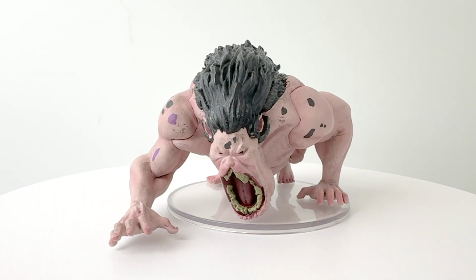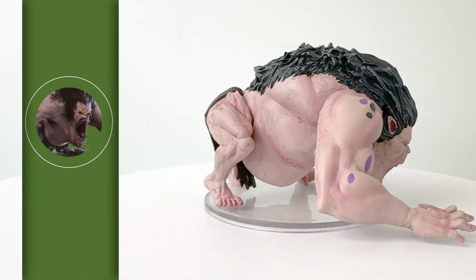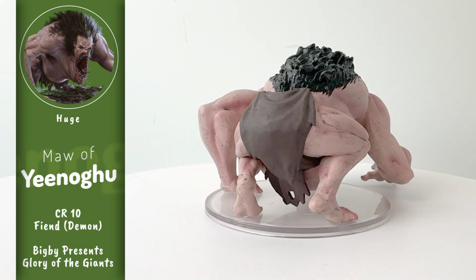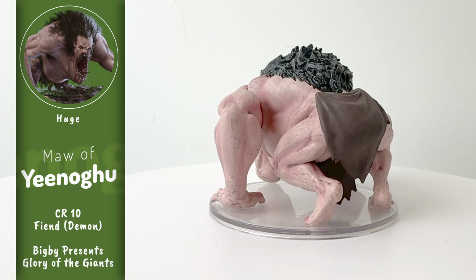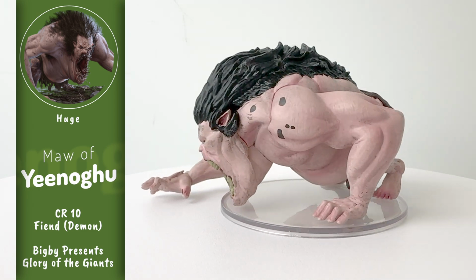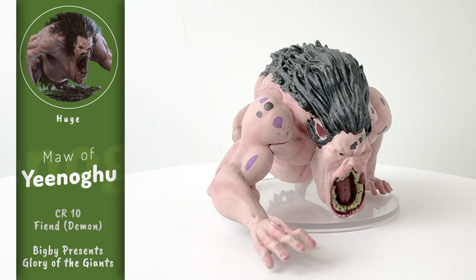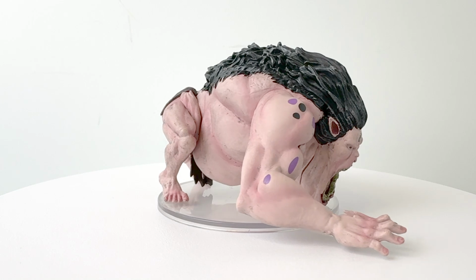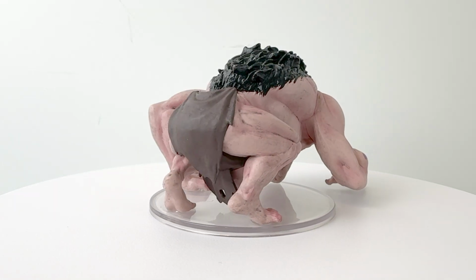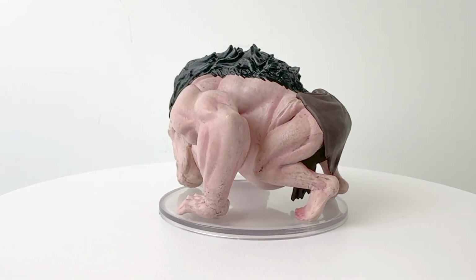Let's start with some honorable mentions in no particular order, starting with this big boy, the Maw of Yeenoghu. This is just the scariest mini I've seen all year. A hill giant transformed by Yeenoghu with rows and rows of ever-growing teeth, driven by an insatiable hunger. It charges at its prey on all fours, with its gaping mouth scraping across the ground and hoovering up everything in its path. This would have made the top 10, but I think the paint job could have been a